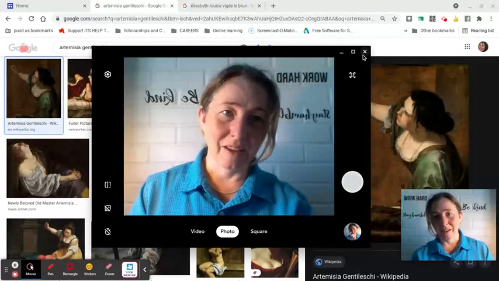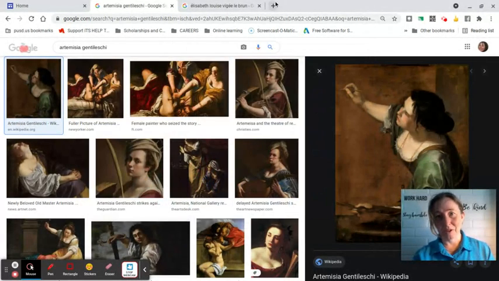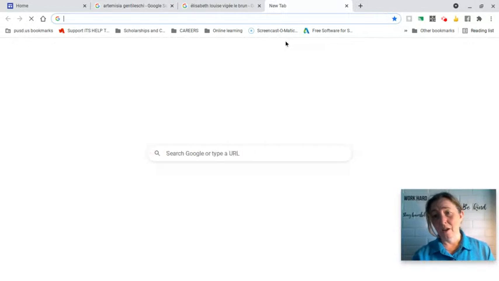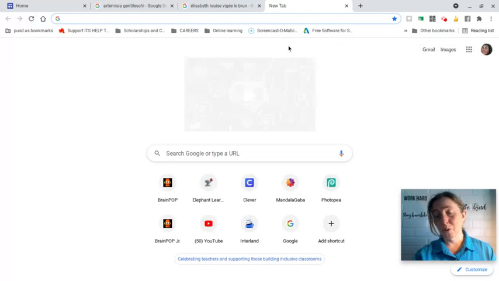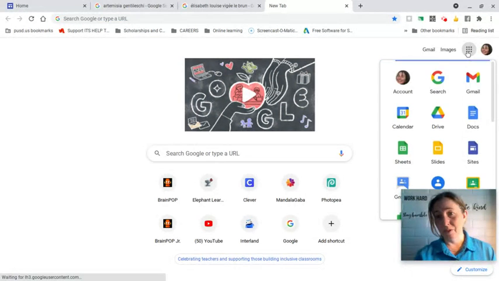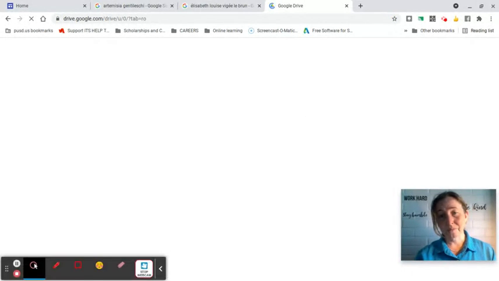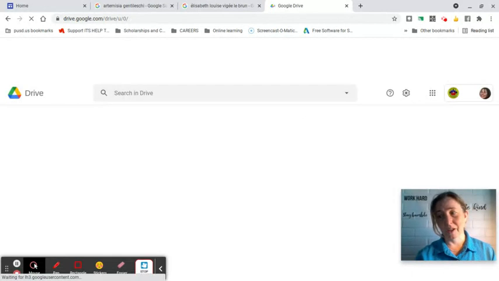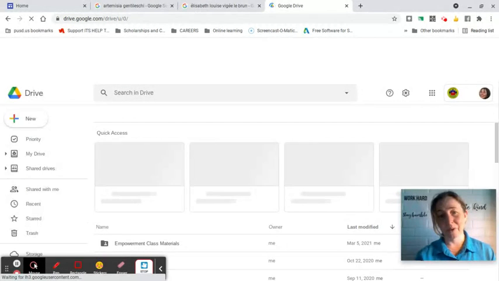Once you've done that, then I'd like you to take that image and put it into your portfolio document. So you can go into a new tab, go to Drive, and then look up your art portfolio doc. The art portfolio doc is just a Google Doc where we were having a list of all of your artwork.